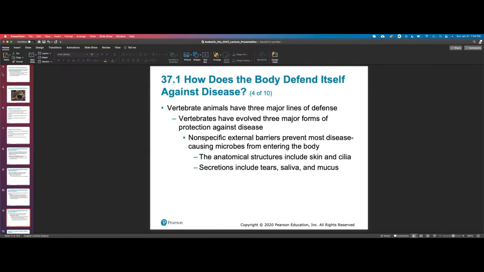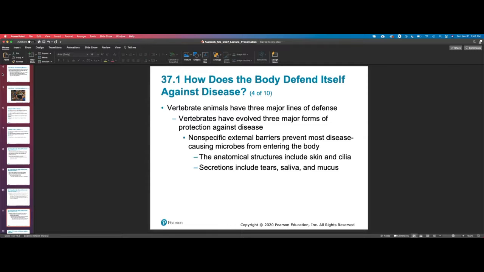When it comes to protection against foreign invaders, and we'll talk a little bit about internal issues as well, you basically have non-specific barriers, non-specific defenses, and specific defenses. Specific defenses target one specific thing or kind of thing at a time, basically. We'll go into that a little bit later. But non-specific structures just block out essentially everything, or at least that's their goal.